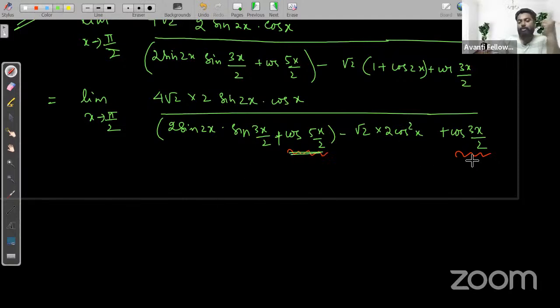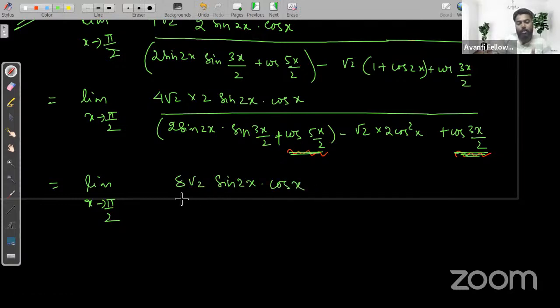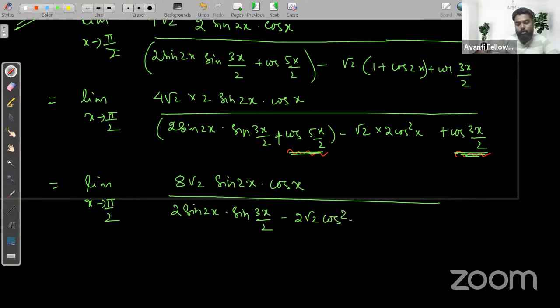And for these two terms you must use the formula for sin C, cos C plus cos D. So limit x tending to pi by 2, 8 root 2 sin 2x into cos x whole divided by 2 sin 2x into sine of 3x by 2 minus 2 root 2 cos square x plus cos C plus cos D, that is the cos C plus cos D formula, that is 2 into